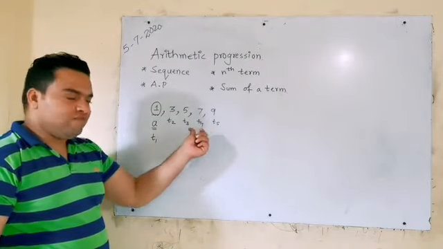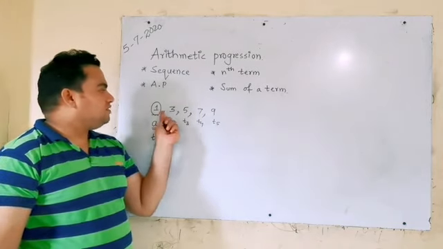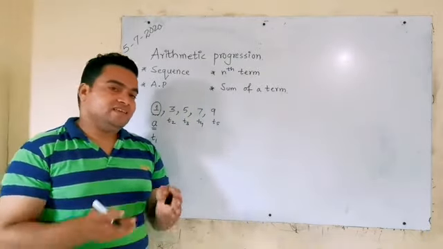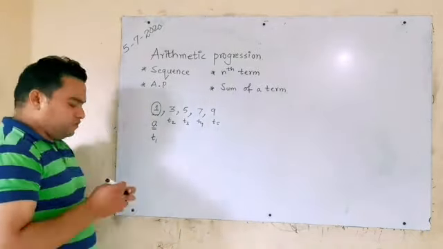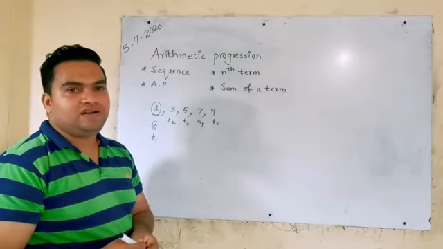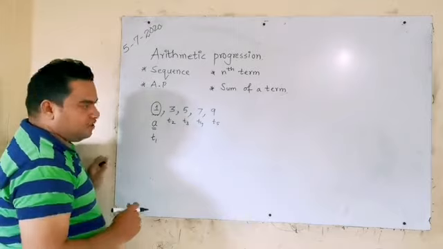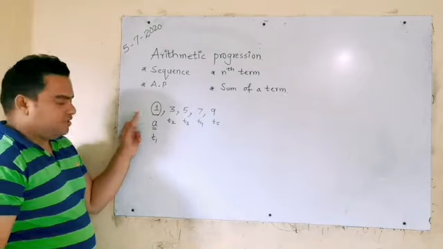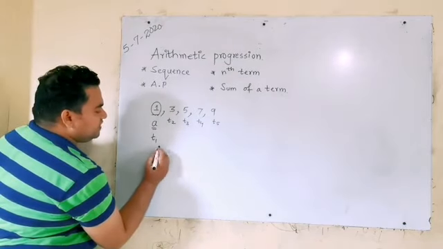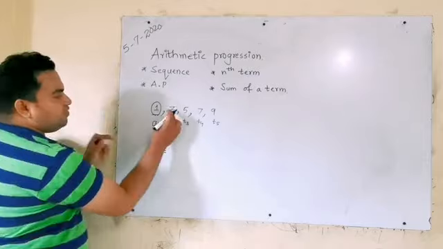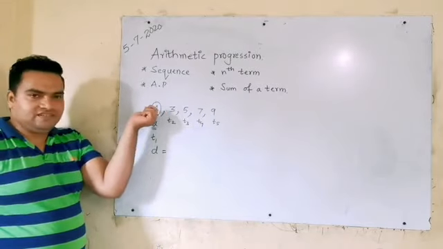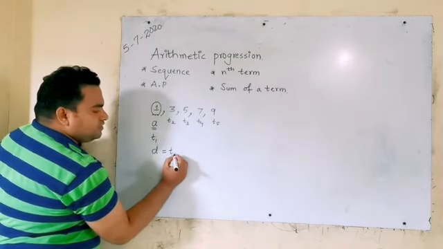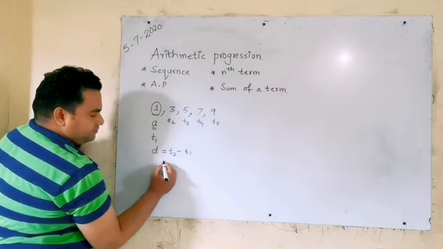Now you have to find out whether the given sequence 1, 3, 5, 7, 9 is in arithmetic progression, yes or no. For that you have to use a formula to find the common difference. So let's start with how to find the difference. Okay, so A or T1 is 1. See here how to find the difference. You find the difference by taking the next number and subtracting the first number. It means T2 minus T1. We will find the D by using the formula T2 minus T1.